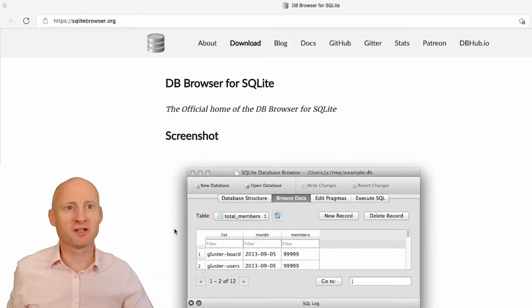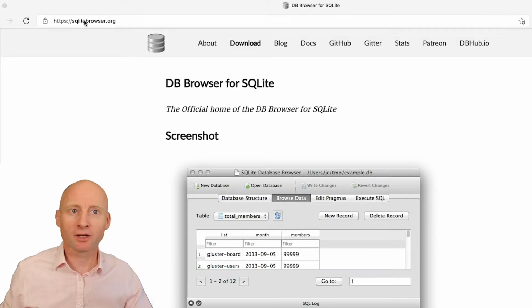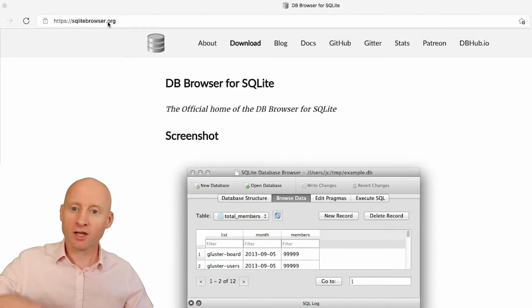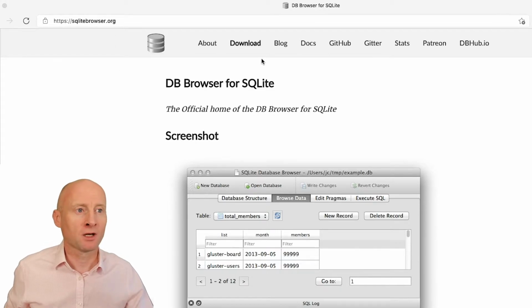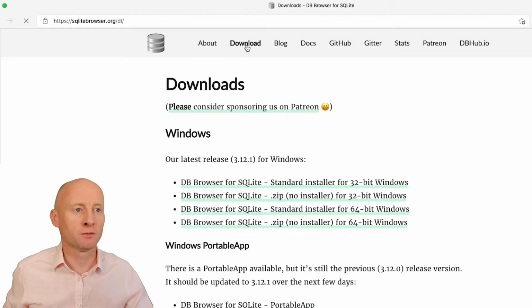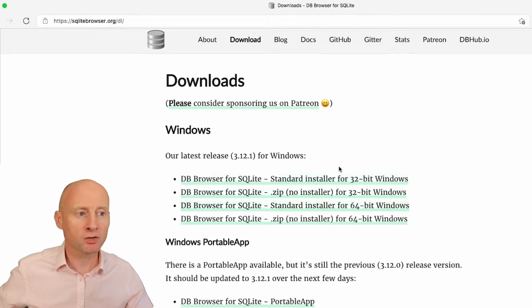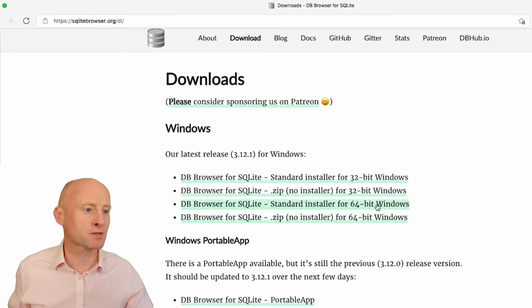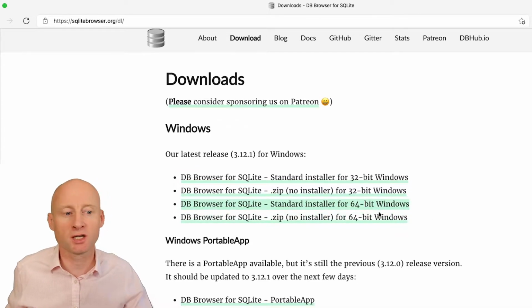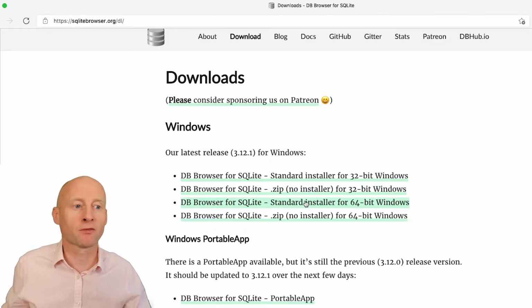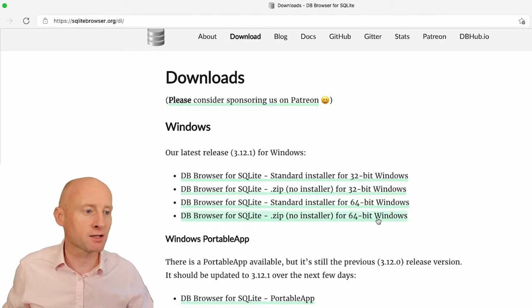Okay, so installing the software is really simple. Simply go to SQLitebrowser.org, check out the link in the description, then go to download. The file is very small, I think about 250 KB, and most of you will either be on a 64-bit Windows machine or the Mac. So I would suggest don't bother doing the zip file, just the standard install 64-bit if you're on a Windows machine,